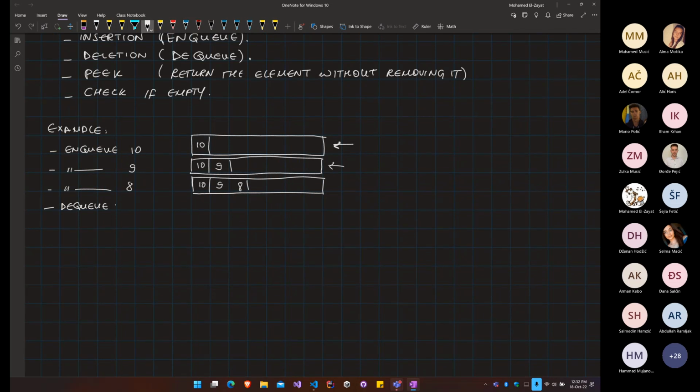Okay. And you should say nothing here because you are just simply removing one element from the queue. It will actually return the element to you. So it will kick out 10 from the collection and give it to you in a variable, so you hold it in a variable. And then you have 9, and then you have 8, and then the empty spaces. If you try to dequeue again,